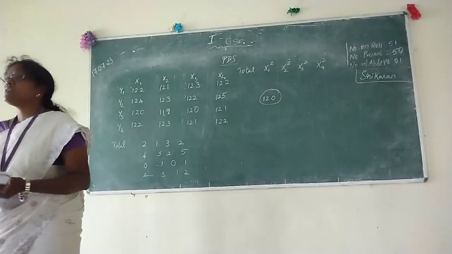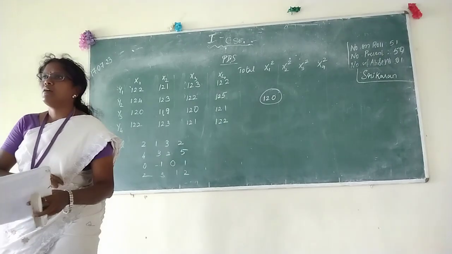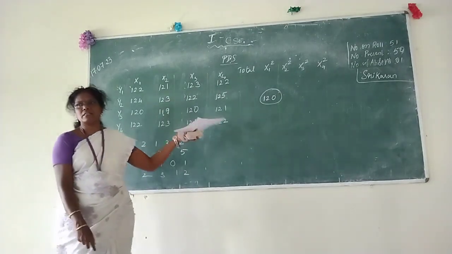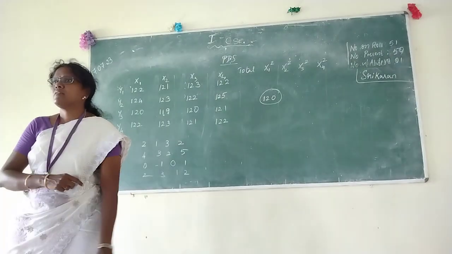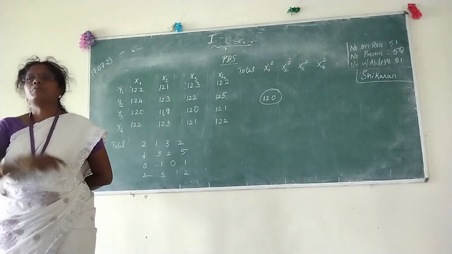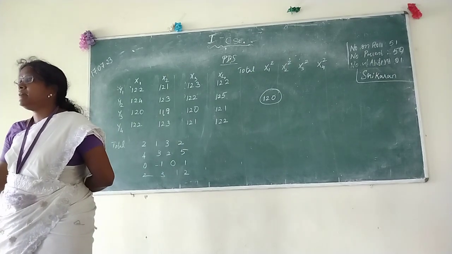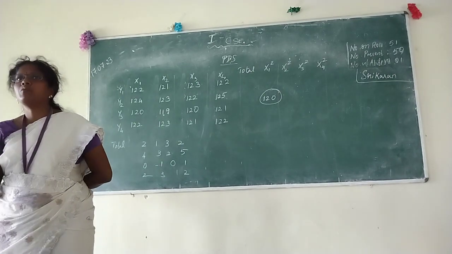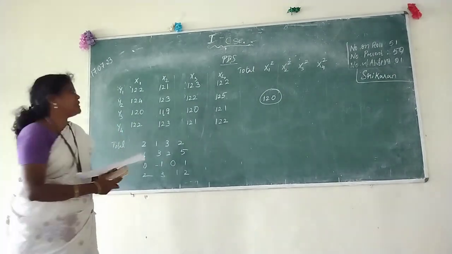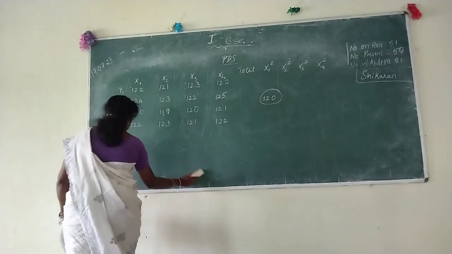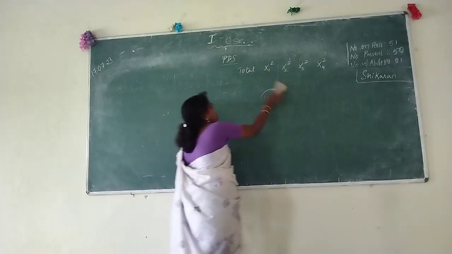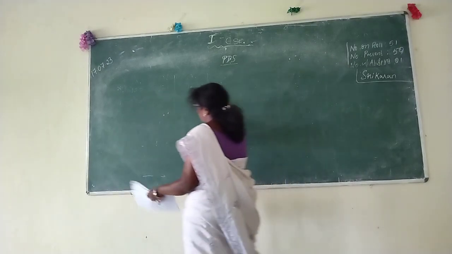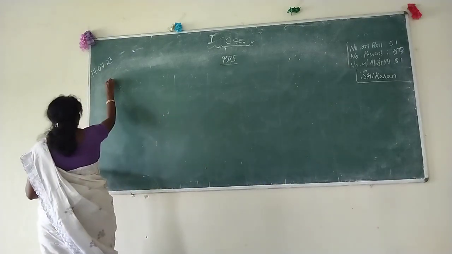Continue. What is the step one you have to do? Finding all the summations is over. What is the next step? Procedure in the first step, find n. First you have to find what is n. So write n is equal to how much? 16. 4 by 4 matrix. So n will be equal to 16.